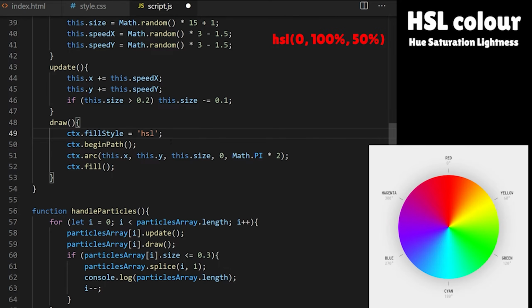0 is red, 120 is green, 240 is blue, so we are still dealing with red, green, and blue like we do with RGB. Saturation is a percentage value, 0% is gray, and 100% is full color. Lightness is also a percentage. 0 is black, 100% is white, so we keep this one at 50% to see full color, not affected by light or dark. On line 49, I will